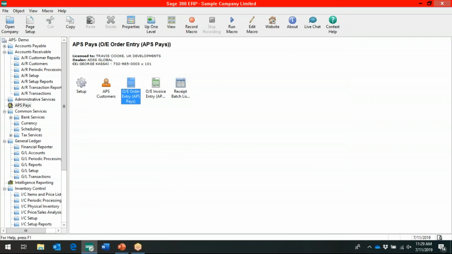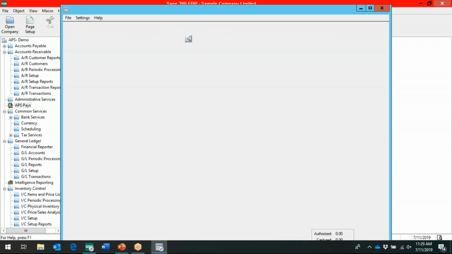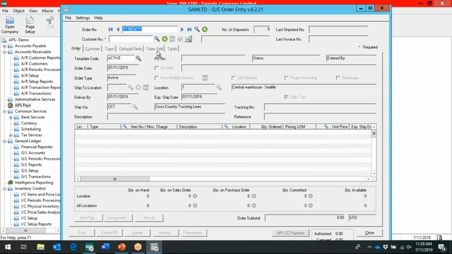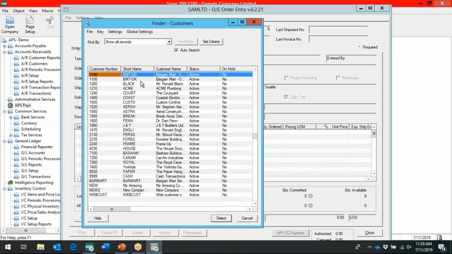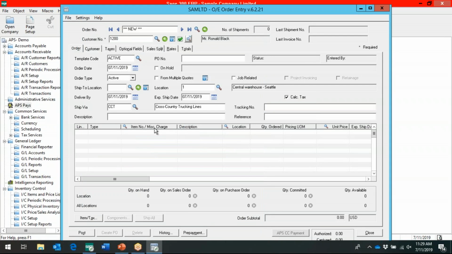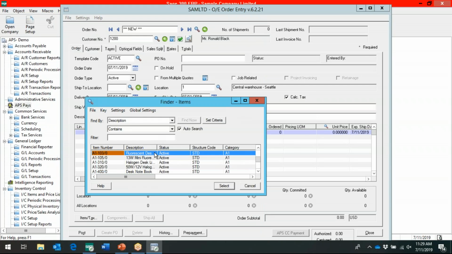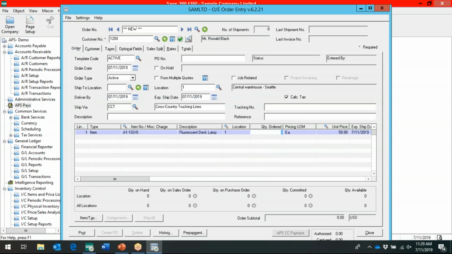Okay. Now I'm just going to go through a typical order entry scenario. Now, that's not to say that if you don't have inventory or if you're not a warehouse organization or anything like that, that you can't use APS. We have a lot of nonprofits using us, a lot of organizations in the hospitality industry using us, so you don't necessarily need a product, but this is just a typical use case. Okay? So in an order entry scenario, what I'm going to do is I'm going to choose Ronald again. And let's say that Ronald is opening up a new office and he needs 20 new desk lamps. So we're just going to go through and we're going to do 20.